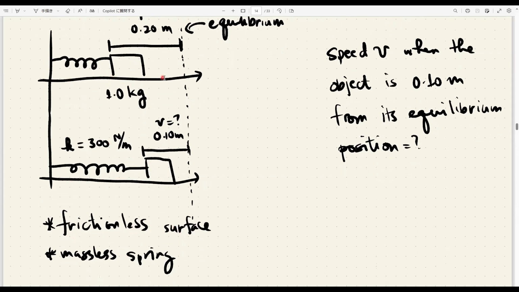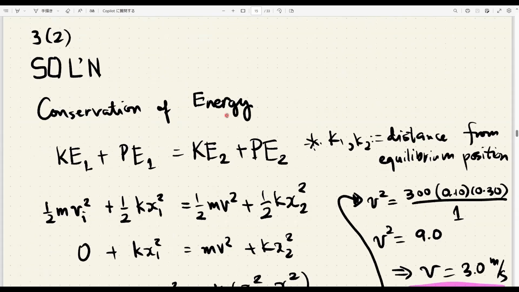So all the energy is conserved here, and also the spring is massless, so it's not going to take away from the energy that we have. So to solve this, we use the conservation of energy, in fact, the conservation of mechanical energy. It tells us that the sum of the kinetic energy and the potential energy at any point is the same as the sum of those two, kinetic energy and the potential energy, at any other point in the motion of